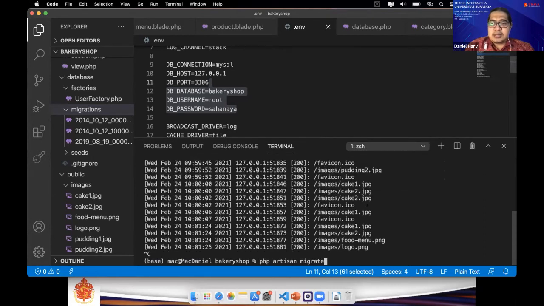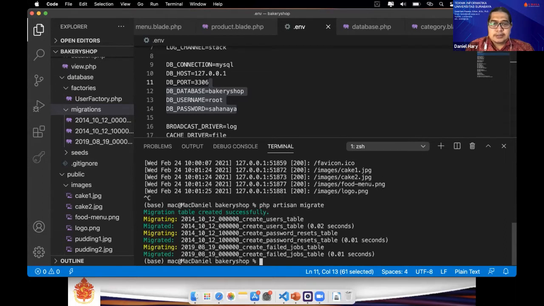It will run the migration files here, and the migration files will create the tables for us. Okay, run php artisan migrate. Okay, the migration tables were created successfully.